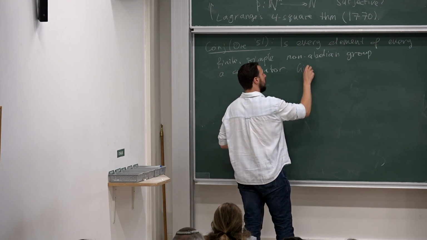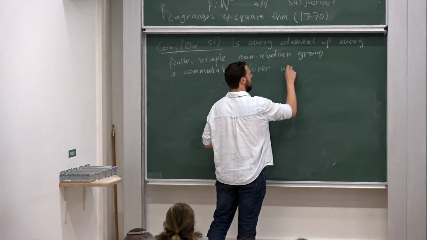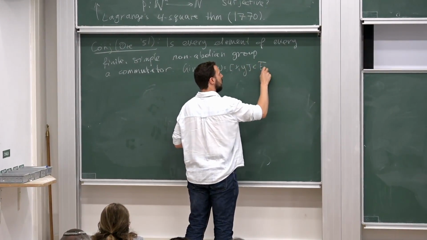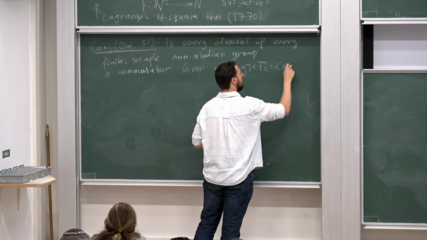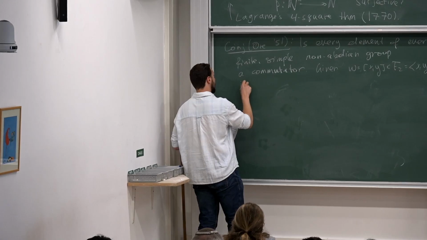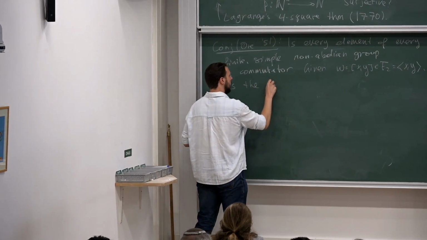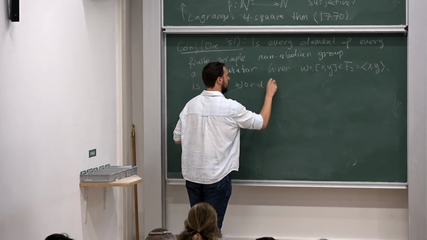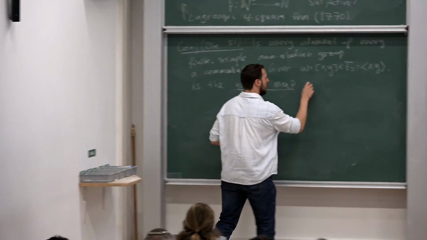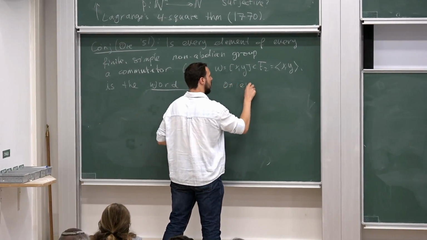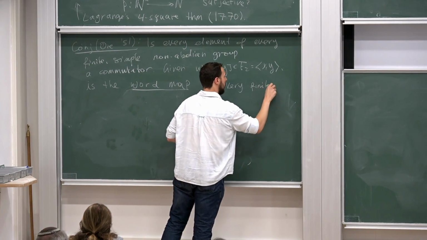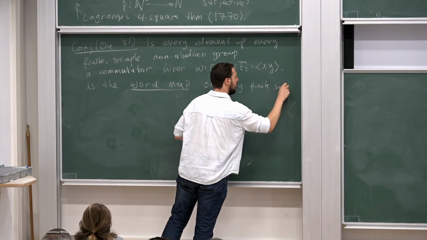Given the commutator word in the free group on two elements, is the word map on every finite, simple, non-abelian group